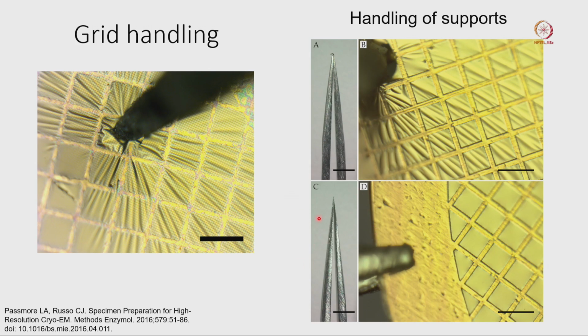So here we are showing that we should use a very sharp tweezer. We should not use any blunt-end tweezer, as that is going to damage our grid. Also, when we hold our grid, we should not hold it in a way where the tip of the tweezer touches an individual square of the grid. Generally, we should hold the grid gently by the outer ring and do whatever is required. That is the first step we should follow.